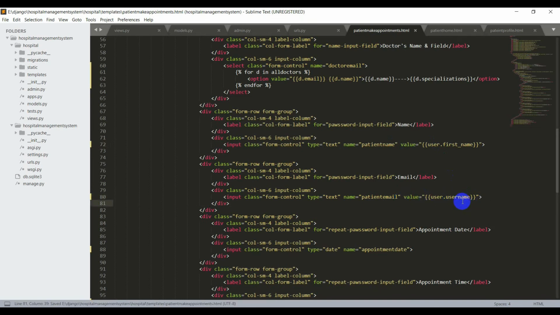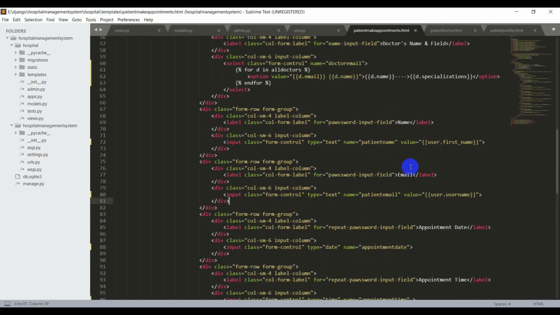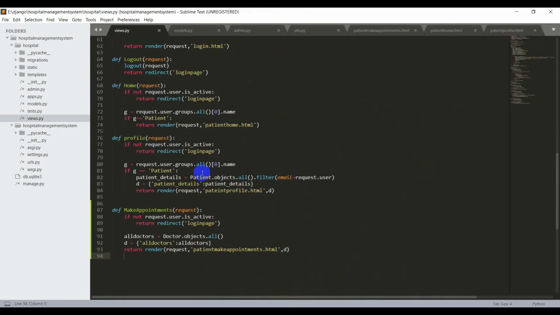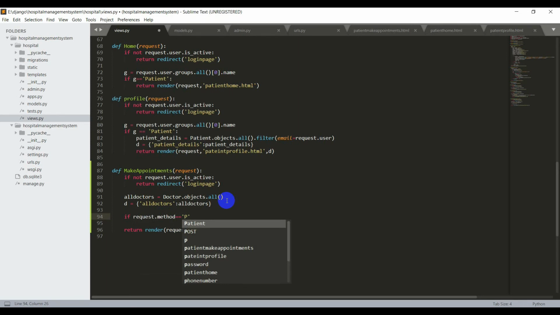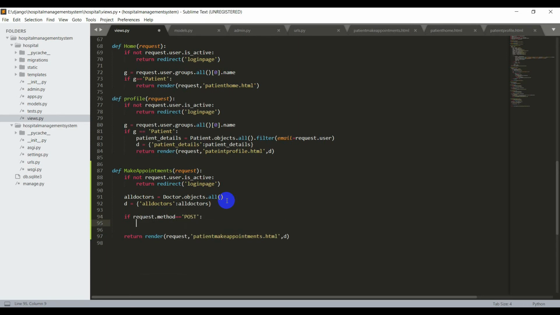You can give username or email because both are the same in our case, right? And now we need to get the data from the form and save it in the database. For that, I'll open the views.py file and open the if condition, that is, if request.method is equal to POST. So first we need to get the doctor's name and email, but we have given them in the same value attribute. For that, I'll create a temporary variable, let's say temp, that is equal to the name and email concatenated, and now we need to split them and assign.